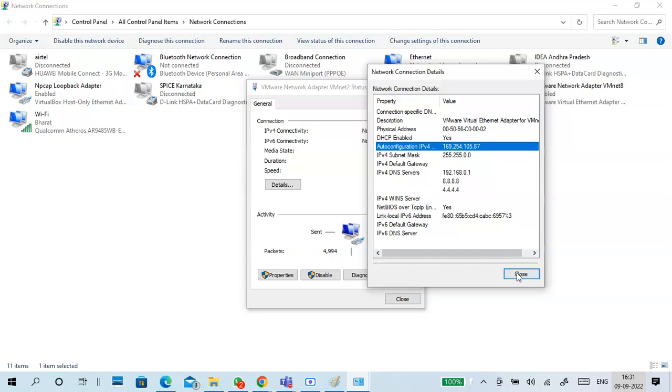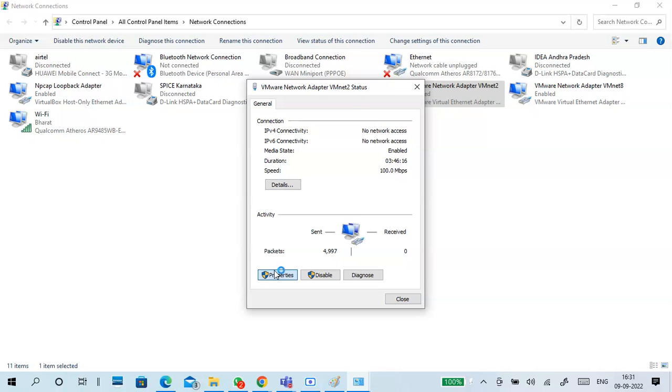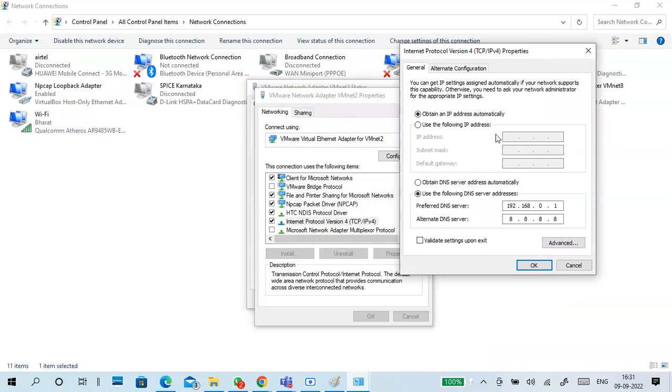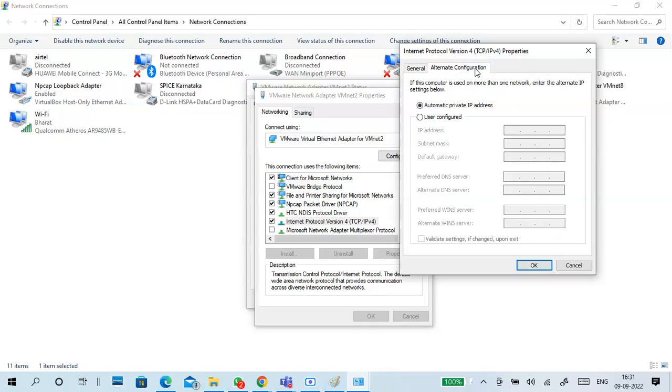169.254. The meaning is you are not getting an IP address from the DHCP server. So obtain IP address automatically means getting an IP address. Guys, can you see this is alternate configuration, automatic private IP address.